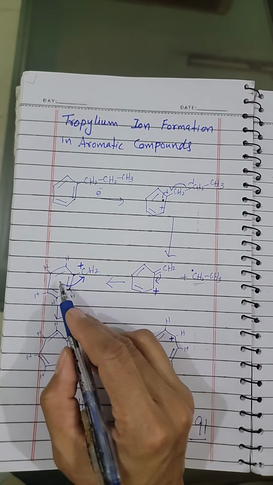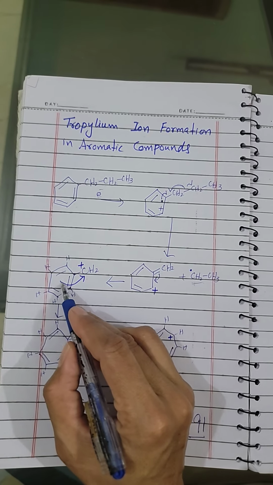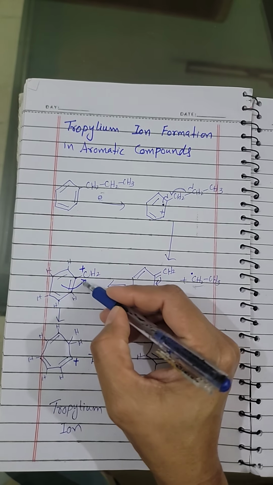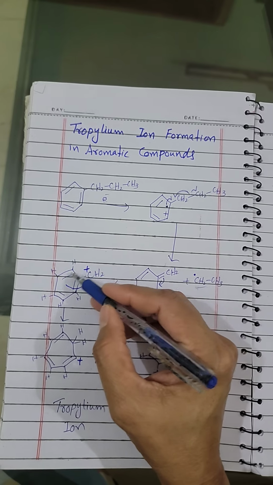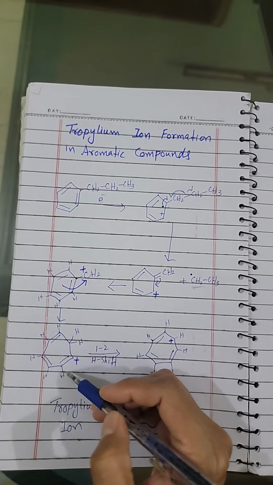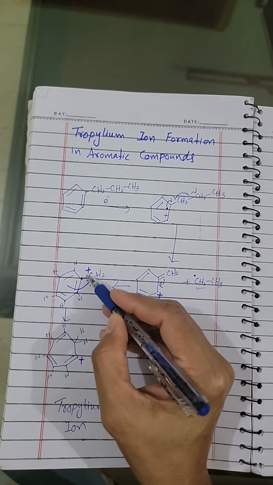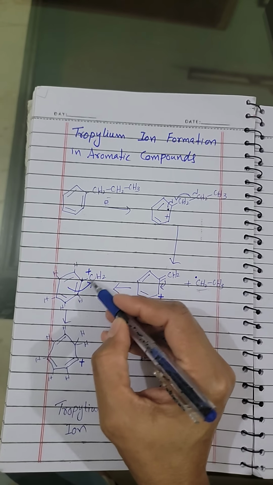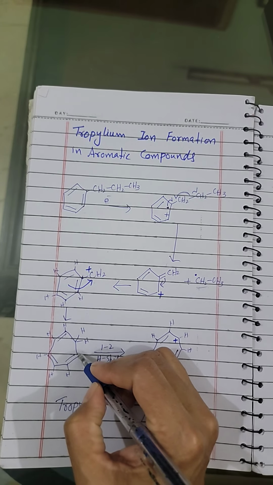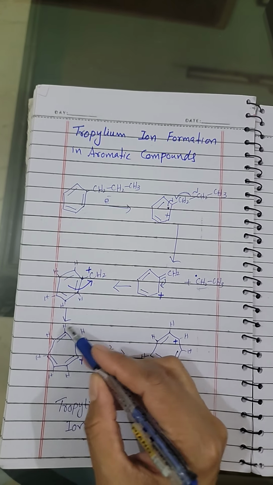Now at this stage, ring attack occurs on this positively charged carbon. This arrow which starts from the center shows the ring attack. As a result of the ring attack, this carbon becomes part of the ring. Now it was a 6-membered ring, and after ring attack, it becomes a 7-membered ring. I'm showing hydrogen to show that here is a deficiency of one hydrogen, because here a functional group, an R group, is attached, so no carbon and no hydrogen is there. So this carbon is shown here. Now due to the deficiency, the positive charge is now on this carbon, and all other carbons are like this.